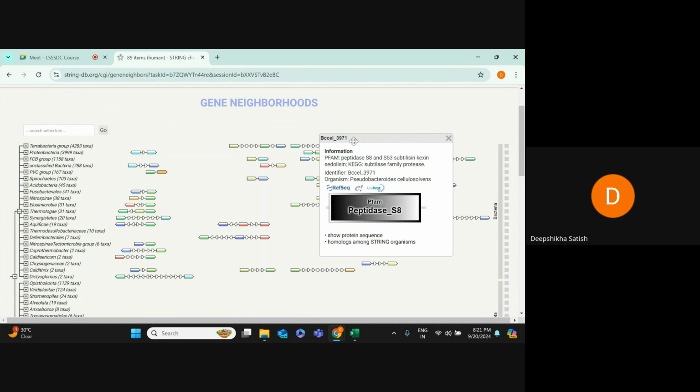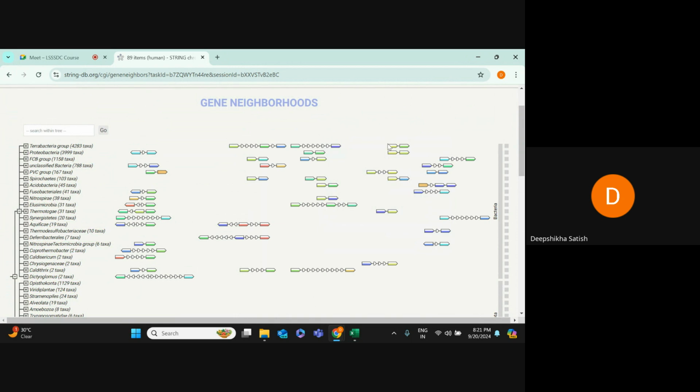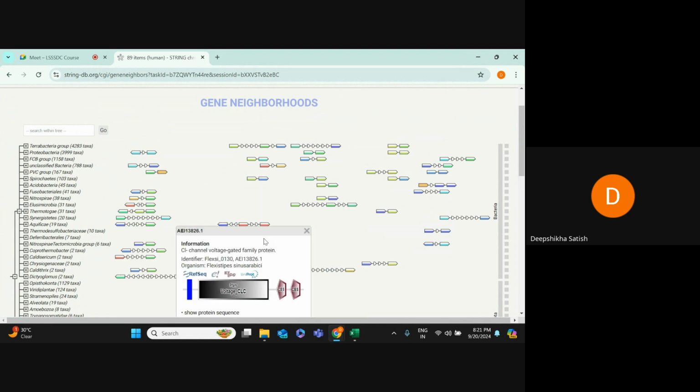So, what is the gene neighborhood definition? Genes are located close to each other, right? You can see before it was 3970 and next to that 3971. Can we say these are gene neighborhood here, right? Yes, ma'am. Next, in these triangles, if you select this,